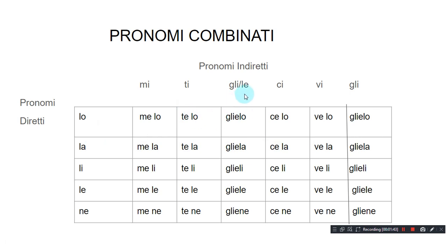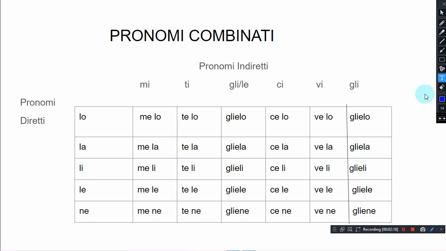And le, once combined with a direct object pronoun, does not continue being le, but it becomes glie. Simply glie, just glie. And once combined, the pronomi indiretti, indirect object pronouns, are written before pronomi diretti,